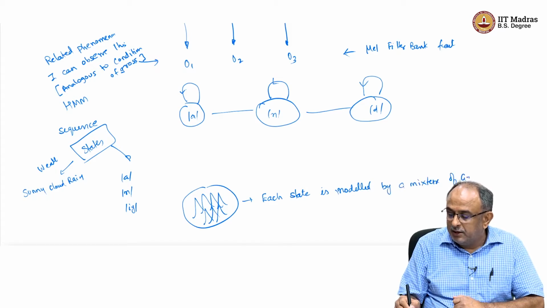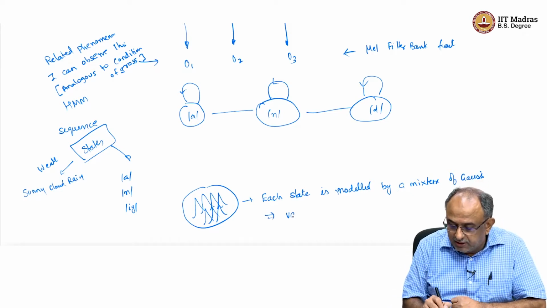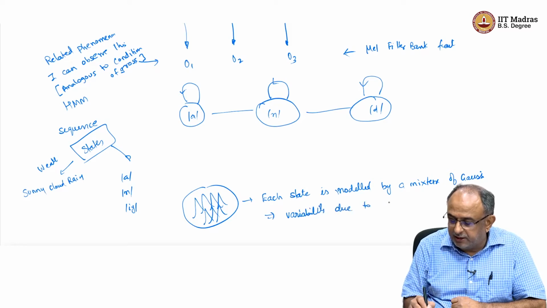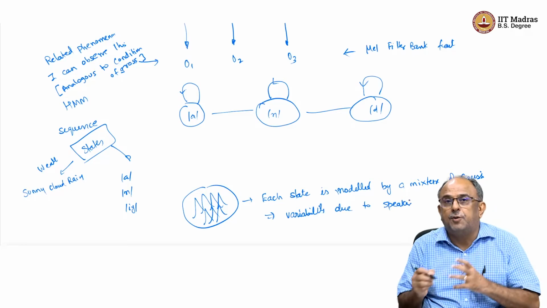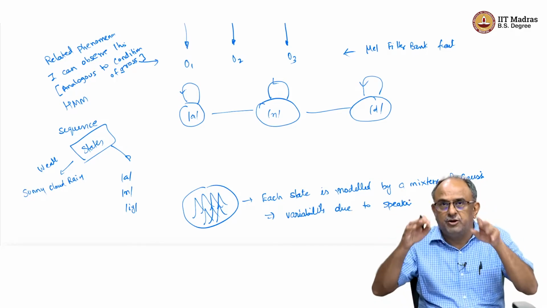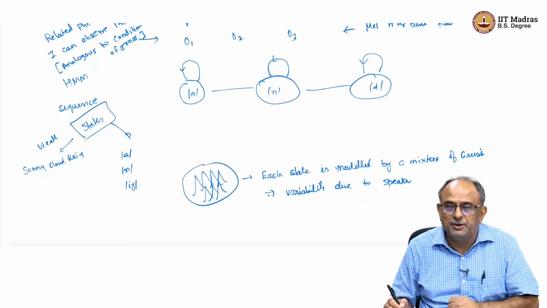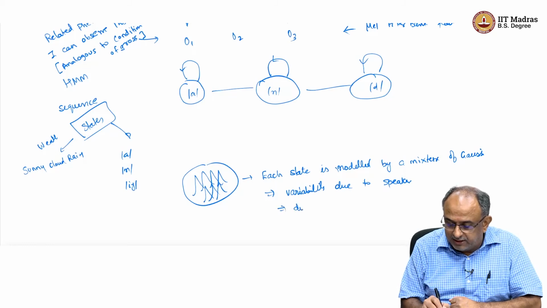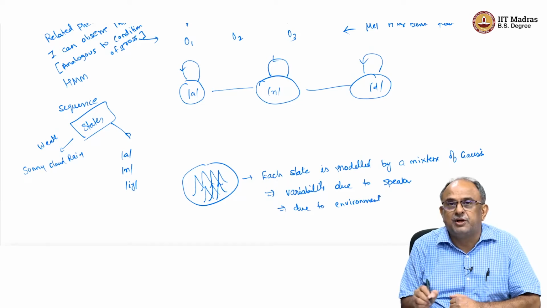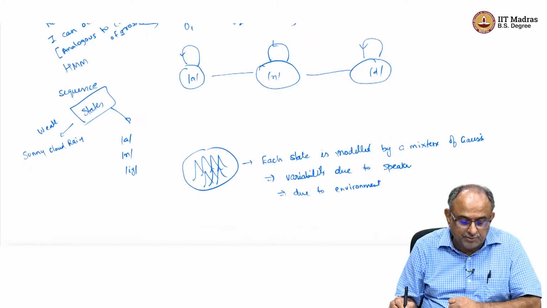Why do we need this? Because there is variability among speakers. For the same sound there is variability due to different speakers. Remember the heights example: if I had taken a population consisting of male, female and children, there are going to be some bell curves, and when you consolidate them you might get 3 modes. Also there is variability due to environment, noise and many other conditions. So we have to model this variability, and for that we use a GMM. This is the basic idea of a GMM-HMM.